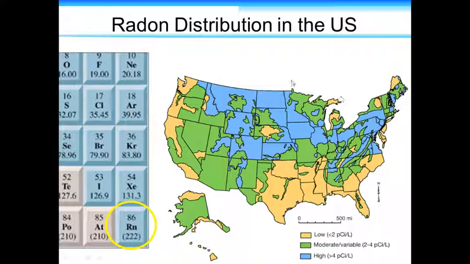This map shows the radon distribution in the US. So if you're in one of these blue or green regions, you need to make sure you monitor your radon, particularly if you have a basement. We live up here in Portland, and only more recently has it come to attention that particularly in North Portland and Northeast Portland, there are high levels of radon found in homes. So if you are in Northeast Portland, you should perhaps have a radon detector in your basement or have it checked